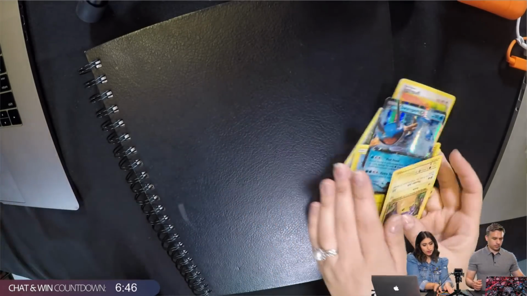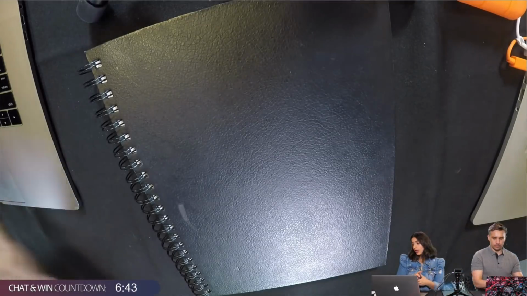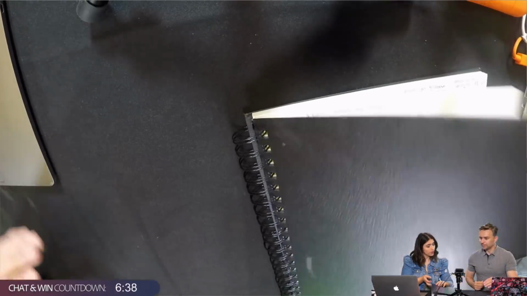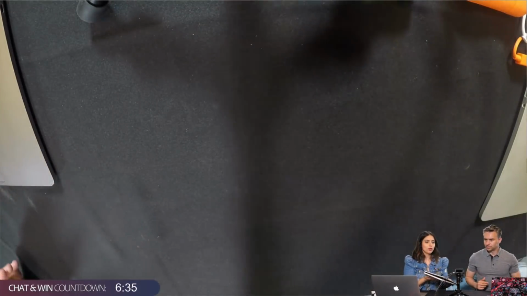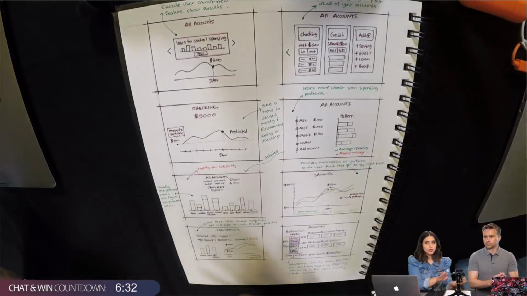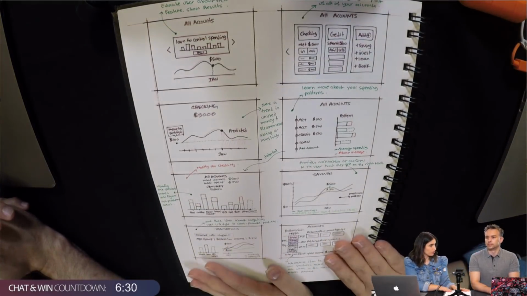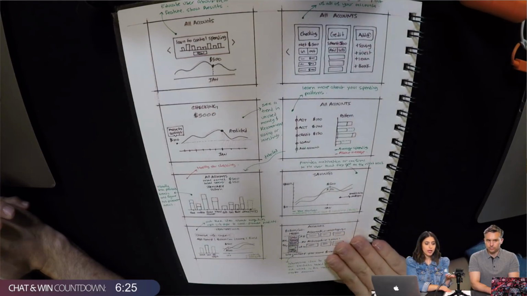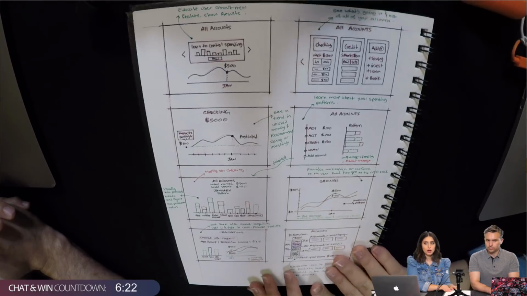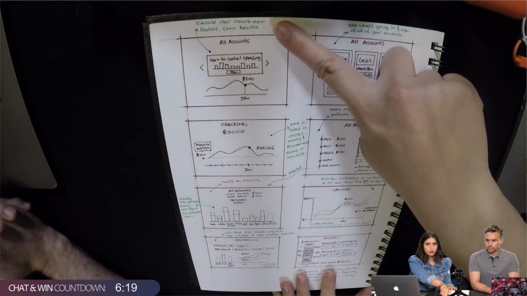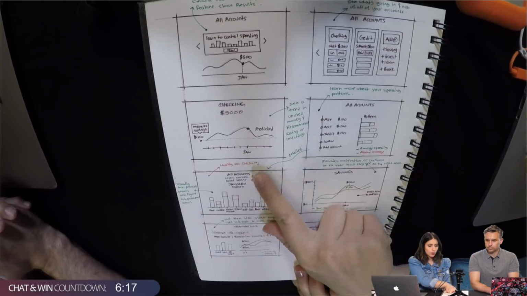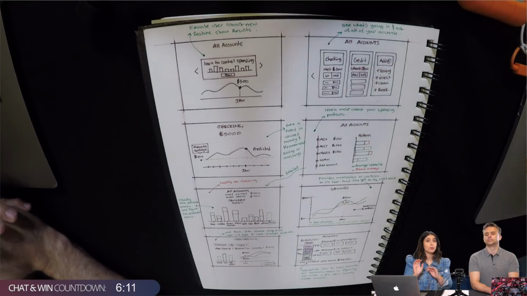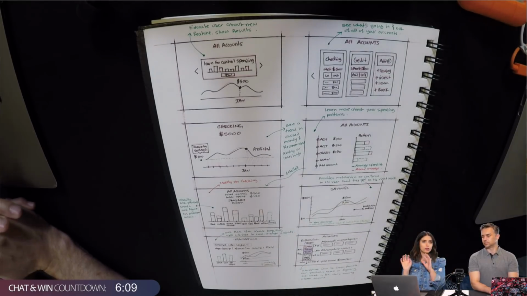What I want to showcase to you guys is the next step that I usually do, which is sketching. I try my best to solve problems in my sketchbook as much as possible. So this is not for this current app, but it is part of my process. And what I like to do is wireframe, and for each idea, I type up whether it's a positive or if it has a negative, I mark it with red. I try to make it as detailed as possible, because I'm trying to solve as many problems as possible before I go onto the computer.